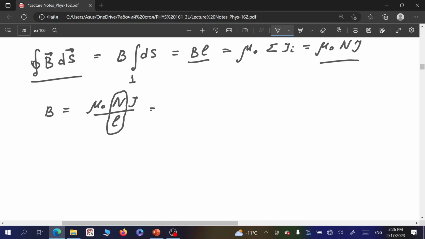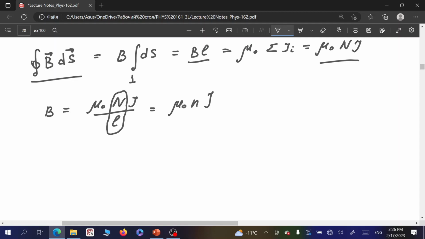So we write here mu naught times small n times I. So now we have the expression for magnetic field inside a solenoid as a function of the